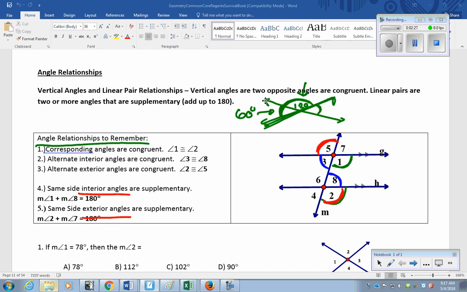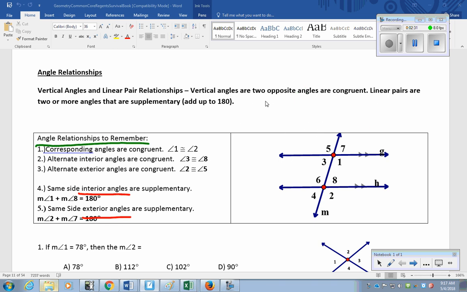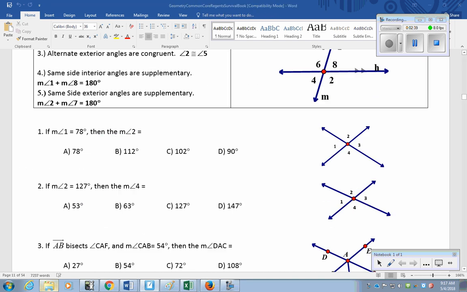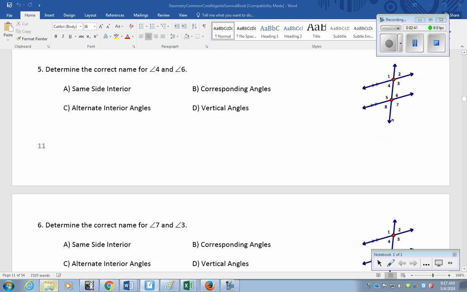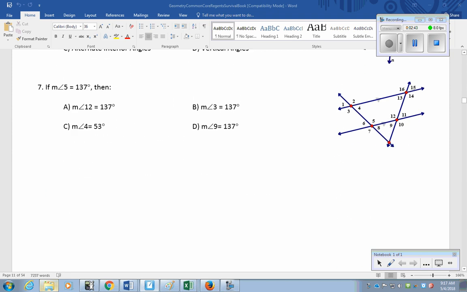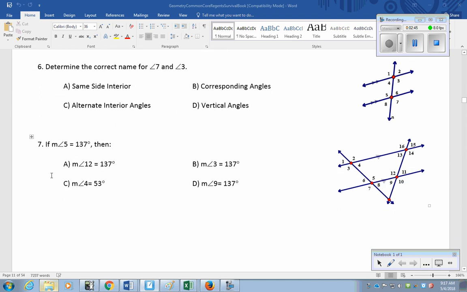Most of the real tricks with the angle questions is just make sure you label any measurements you have. Try to find any intermediate measurements as you go through. So we're going to look at one of the tougher ones. We're going to skip over some of these other ones right now. We're going to look at part of question 7. It says right here, if angle 5 is 137, okay? So if I have 137 for angle 5,